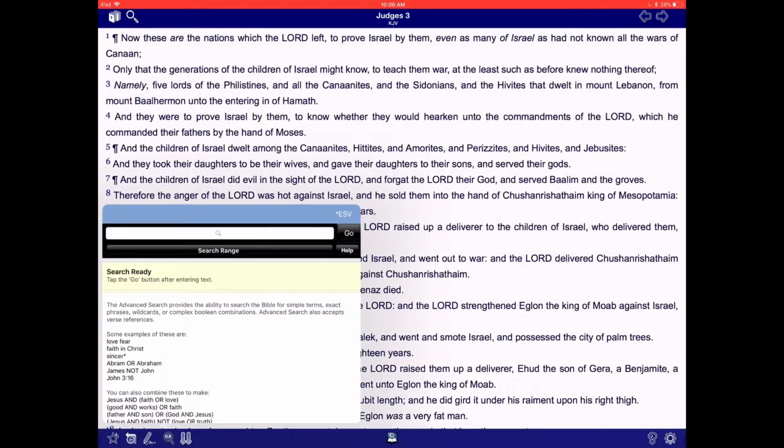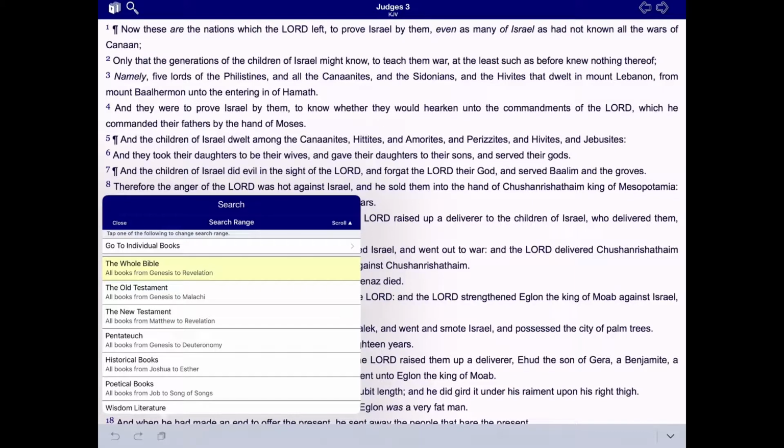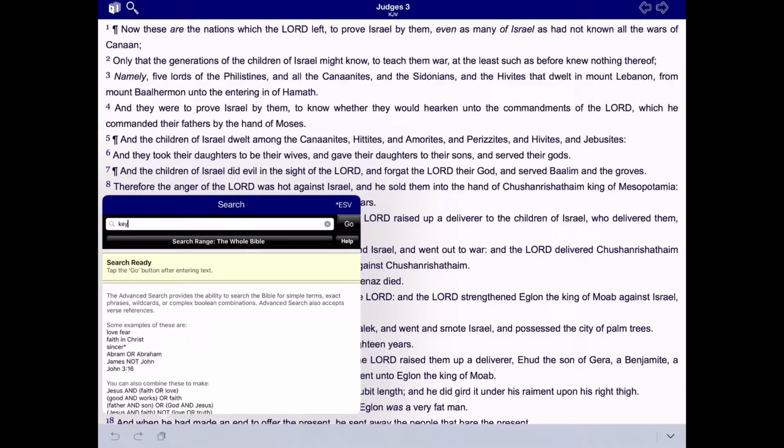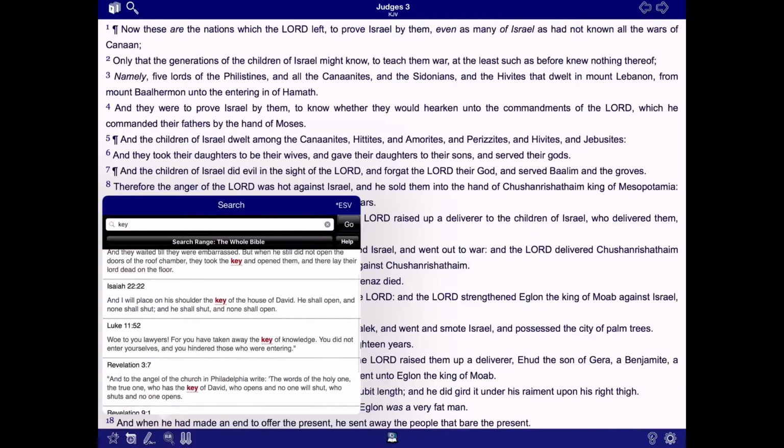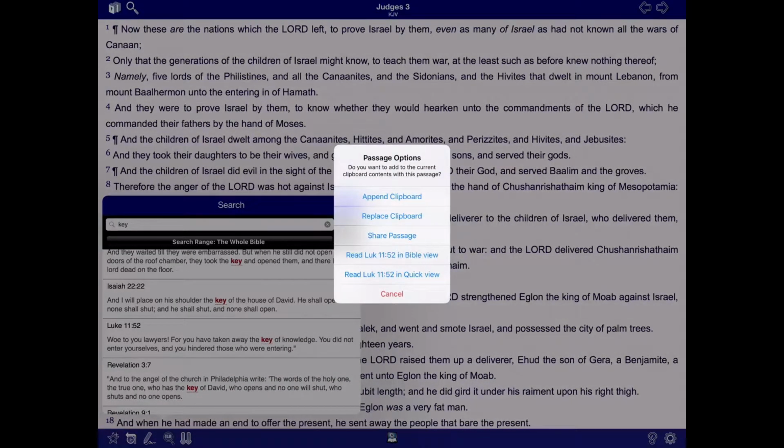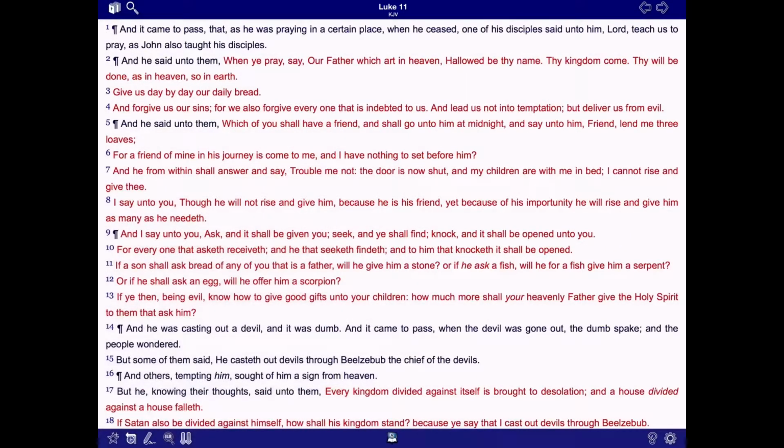But we're not finished yet, so I'm going to go back down to the bottom and tap the hourglass, the search glass, and I'm going to search again. And I'm going to go to Luke because one thing we know is that, and I'm going to go to Bible View once again, and